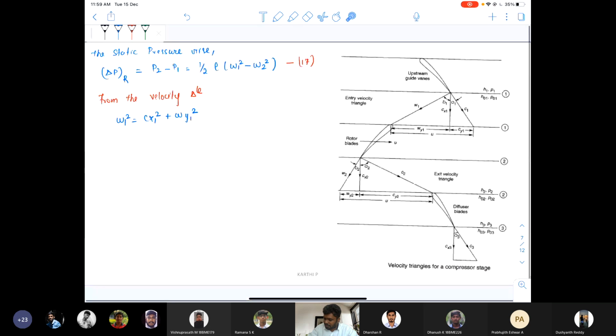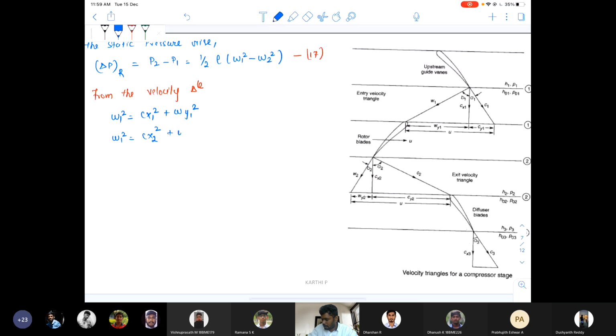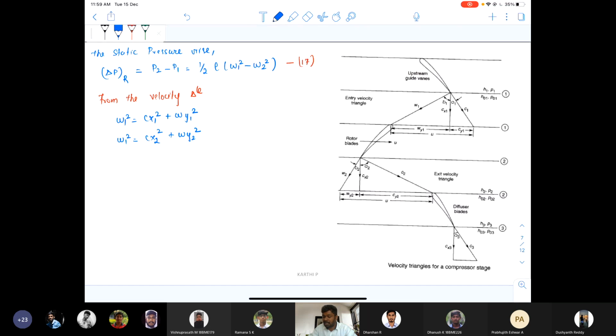Okay, these two equations have been taken from the corresponding velocity triangles, that is, from inlet and outlet. Now combining these two equations and writing in this form, that is W1 square minus W2 square,